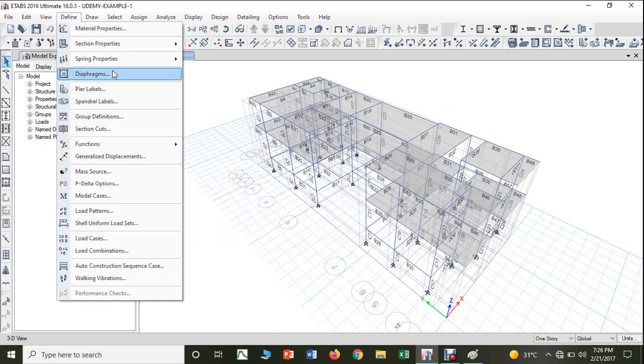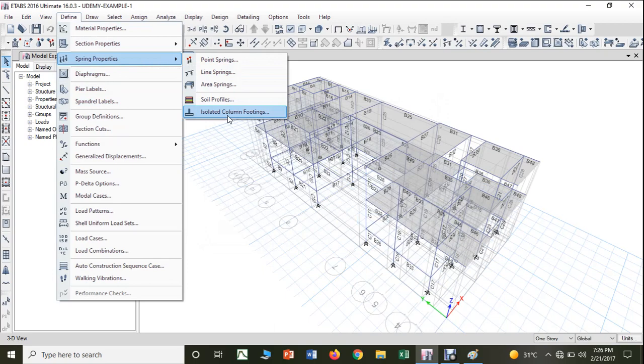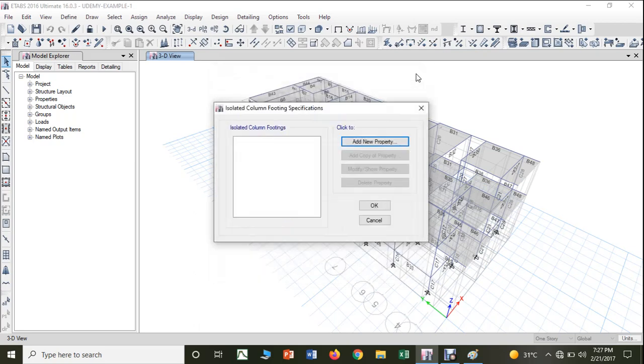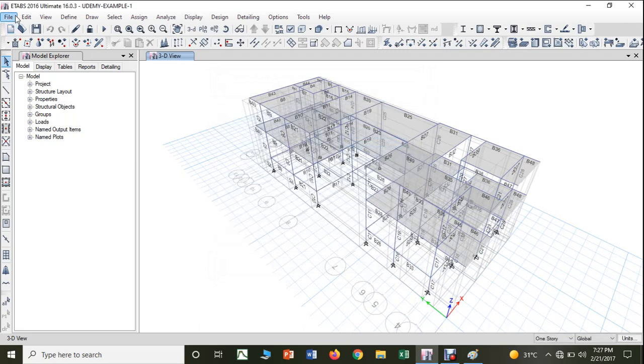Okay, so the same thing, you have another option here, isolated column footing. It is an isolated column, right? So length, isolated column footing dimension, length along column major axis, width, thickness, everything you can do. And you can give the footing embedment depth, that means to what depth your footing is present inside the soil. Either the program can detect it or you can give it user defined also. So these are the advanced options that you are going to use